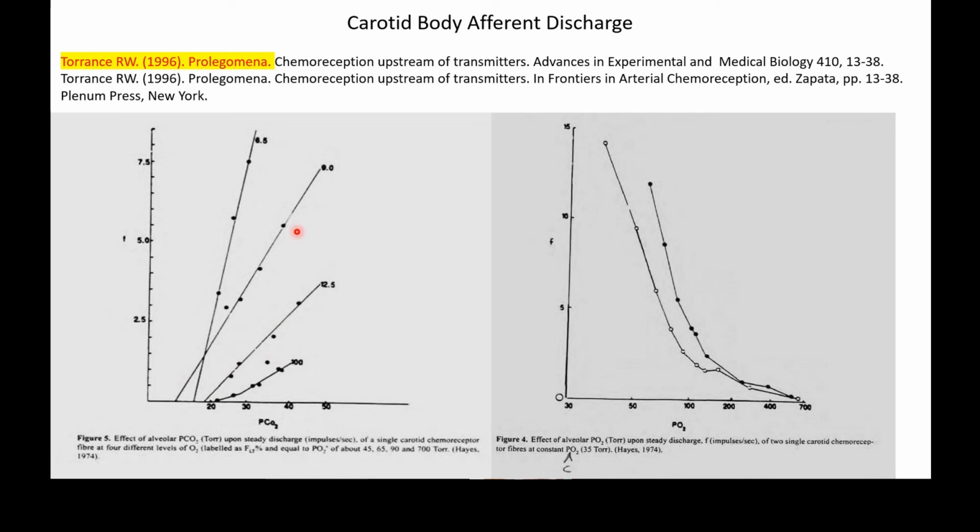And so you can see there appears to be more or less a linear response to the increase in PCO2, but the sensitivity, the slope of this line, is affected by the partial pressure of oxygen, so that it gets more and more sensitive to PCO2 as you get hypoxic. In other words, this is the early warning for asphyxia, because in asphyxia, PCO2 rises and PO2 falls, and they both occur. And when they occur together, we get the maximum frequency of firing out of the carotid body saying,